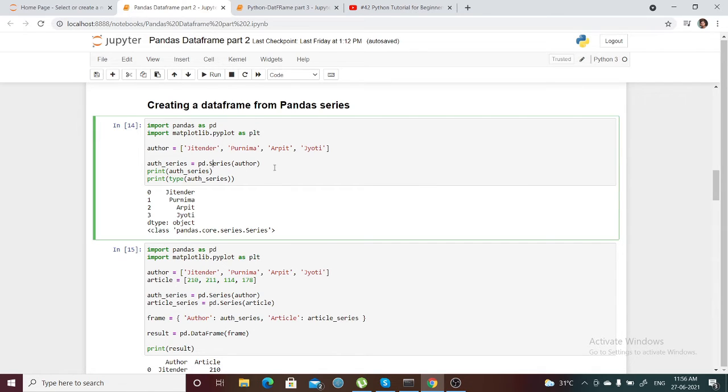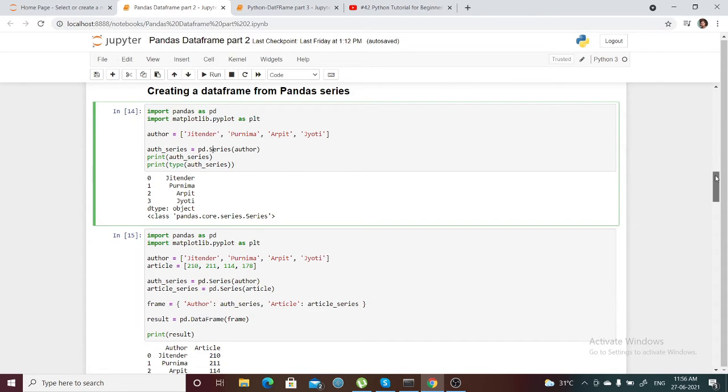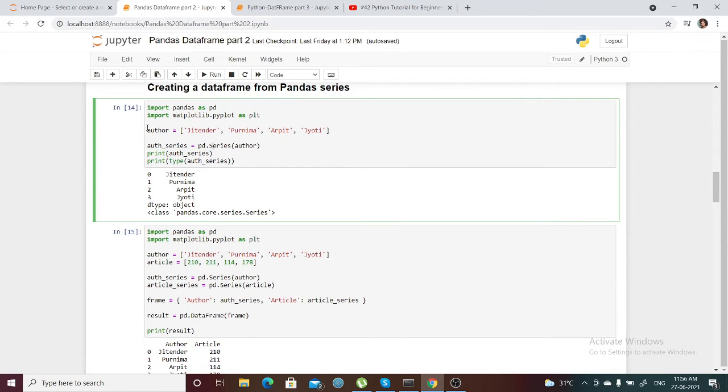It is not used as much, but it is important to know these things. We can pass this particular list to Series, and it will give you some column or row-wise output. But as you can see, when I check the type, it is not a data frame, it is a series.